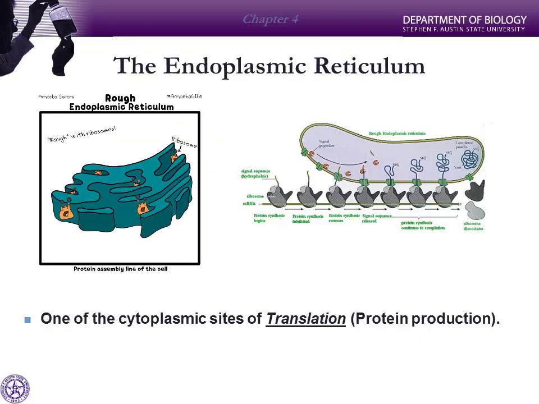So here we can see our rough endoplasmic reticulum. We've got all of our little factories, the ribosomes. You can see amino acids in, and there we're getting this chain of amino acids coming out, which is our protein. And here we can see almost like a time-lapse depiction. We can see our ribosome beginning to extrude a protein that binds with the endoplasmic reticulum. The protein continues to get extruded inside and is folded until finally the protein is finished. The ribosome pops off, and there we have a protein in the center that is destined to either be secreted, become a lysosome, a peroxisome, or some other internal vesicular protein.